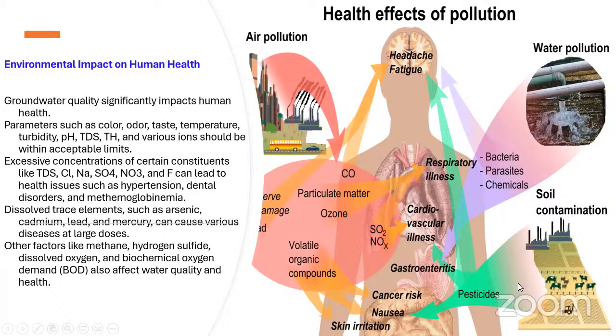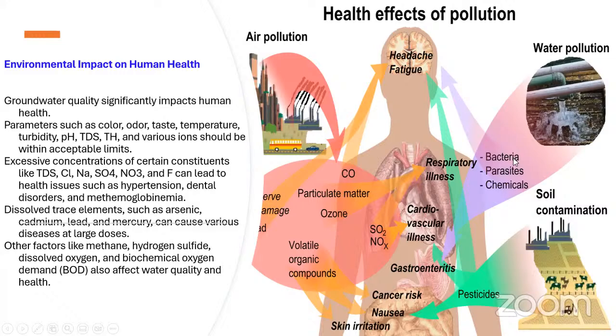Soil contamination or pesticides may affect our digestion system. It may cause some cancer risk and skin irritations, and gastrointestinal problems like this may cause digestion system illness. And when we talk about industrial pollution and air pollution, it may cause some cancer risk and skin irritations also. Like that, and bacteria which are present in the water